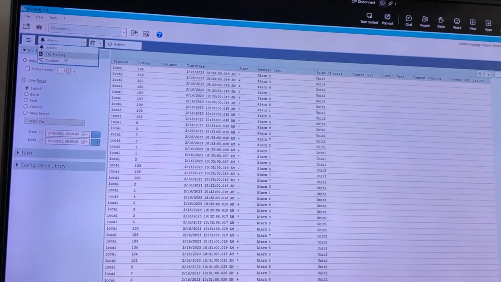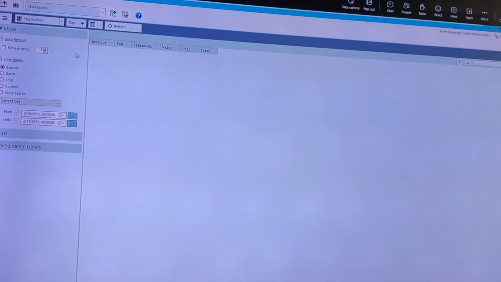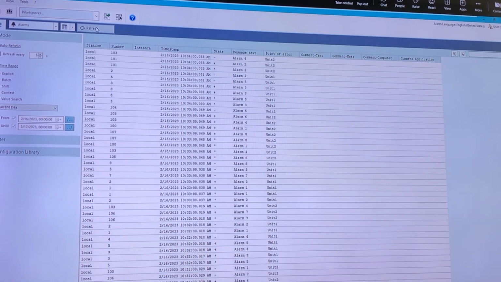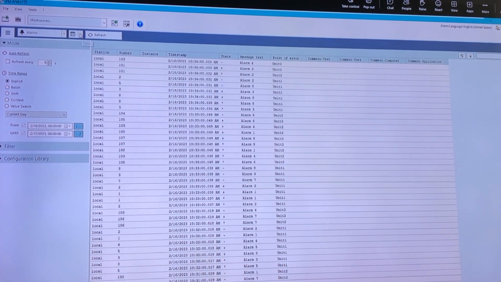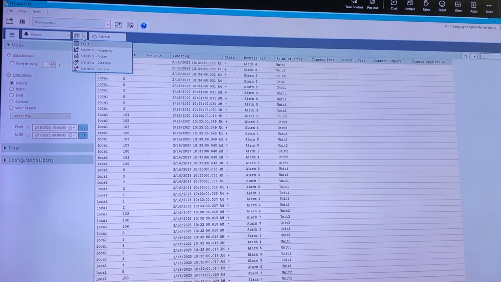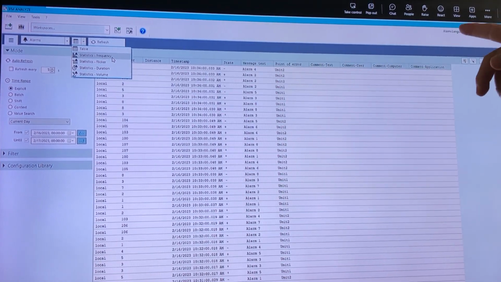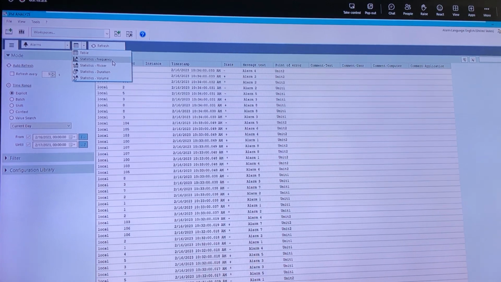So we have seen the alarm, so now we want to go to the tech archive. Maybe we go back to the alarms, I missed something. Again, we have a look at the alarms. You see there's another field here, and if you click on that one, you can use the statistic, the analysis